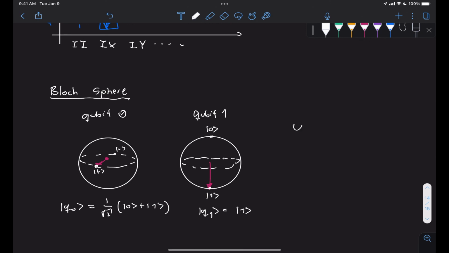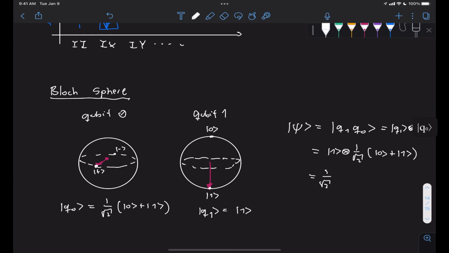So our total state psi for this Bloch sphere representation is given by Q1, Q0, or separating them, Q1 tensor Q0, which is equal to state 1 tensored with 1 over root 2, |0> plus |1>, which is equal to 1 over root 2, |10> plus |11>,